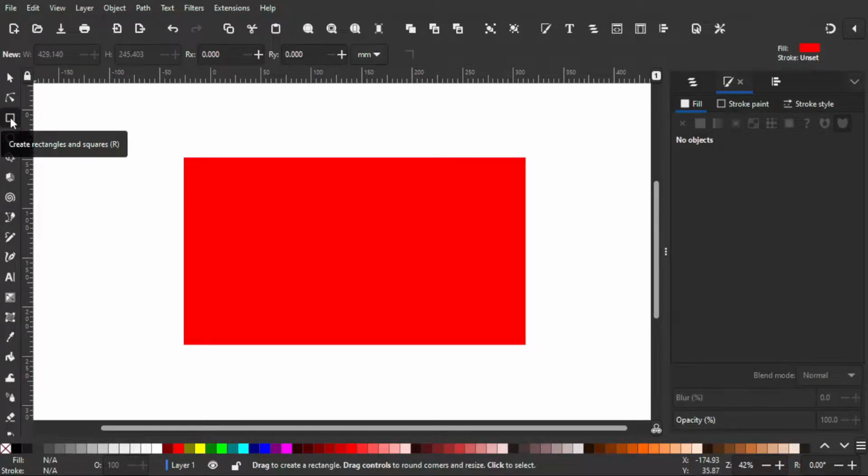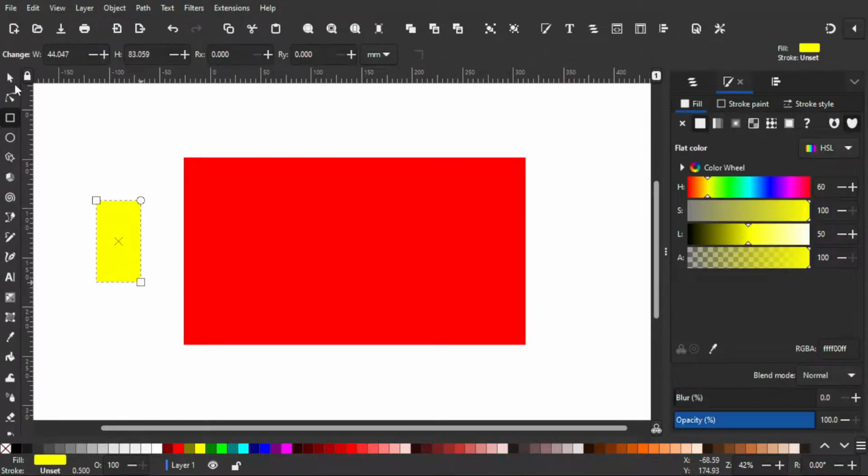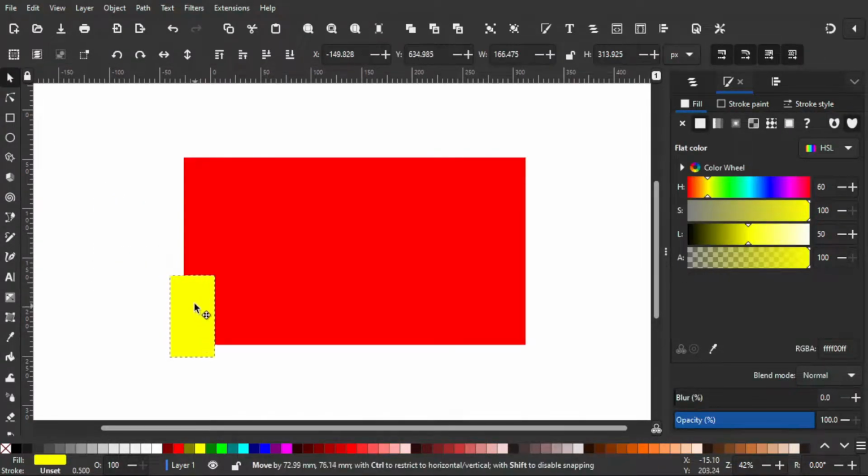Okay, and by using the rectangle tool we're gonna make the buildings, but first of all let me pick the color. I'm gonna use yellow color, and we're gonna make random rectangles. It's gonna be a bunch of rectangles.